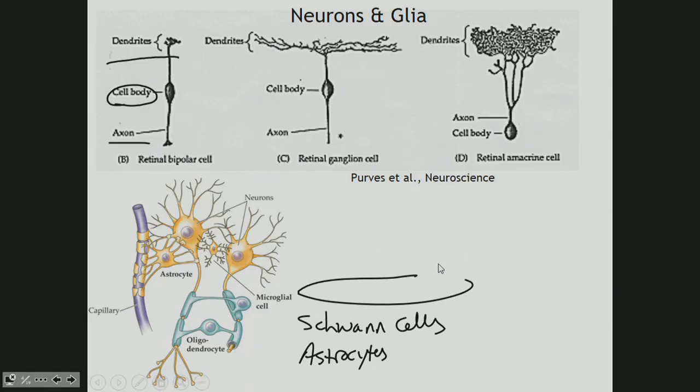So these are neurons. But the other thing that you have, which is incredibly important for how neurons function, is called glia, or glial cells. Glia are oligodendrocytes, which is what's missing here. You see oligodendrocytes in the central nervous system, Schwann cells in the peripheral nervous system, and astrocytes